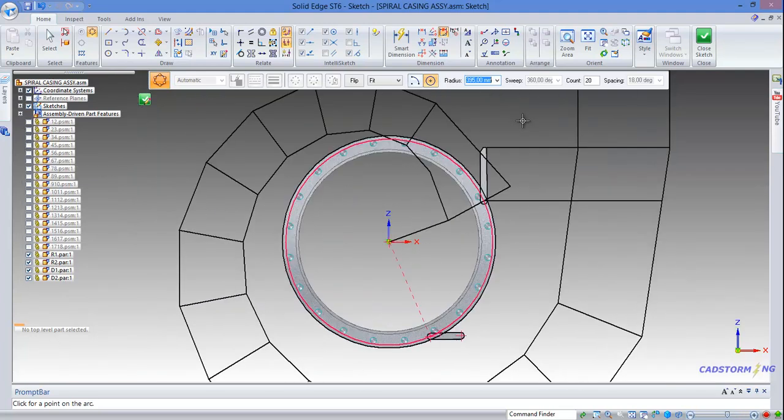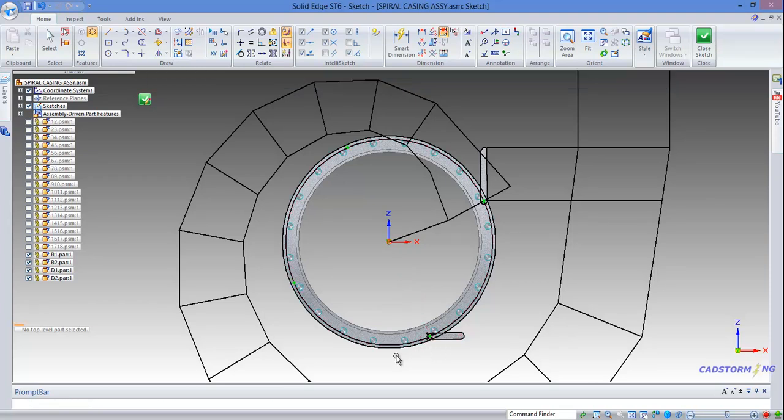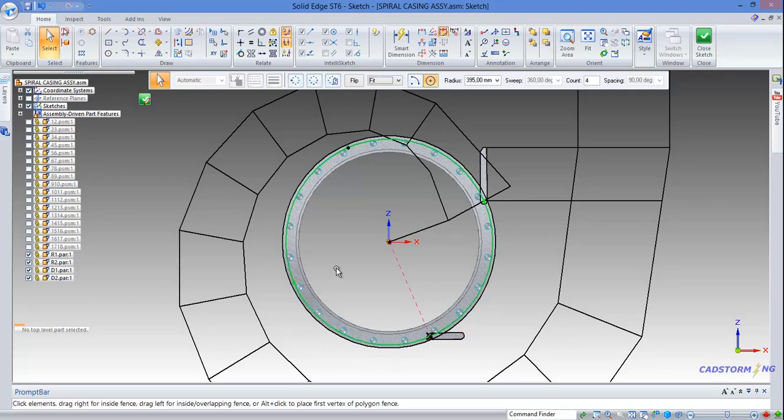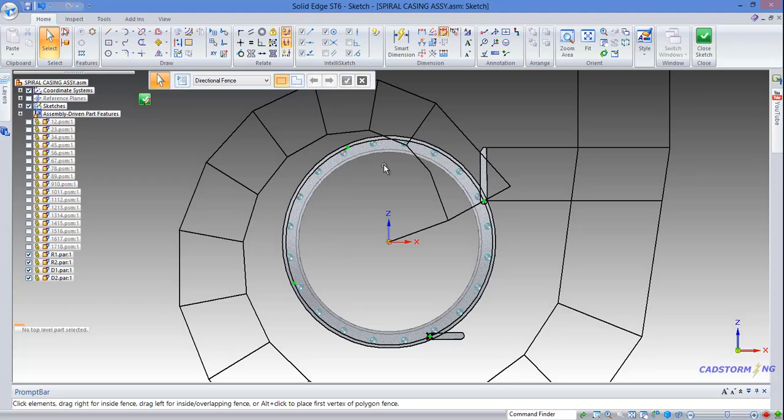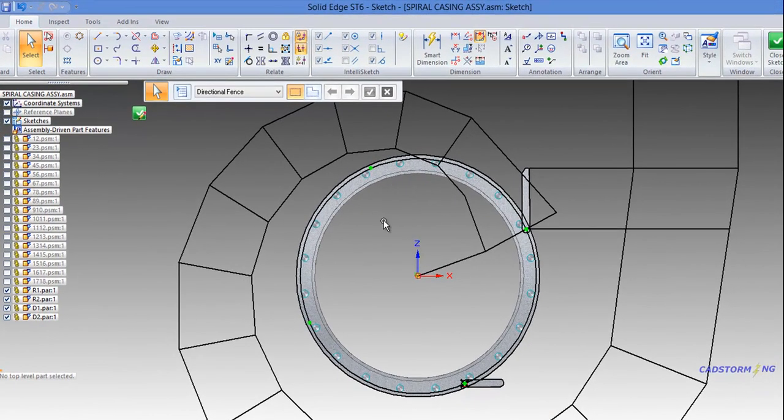Now we have to define the number of instances we want. We will enter 4, then enter. Now we have to define the site from where the count will be initiated. So we select this site and click to generate the preview of the pattern. As you can see, we will have 4 instances, but as we don't want this additional one, we are going